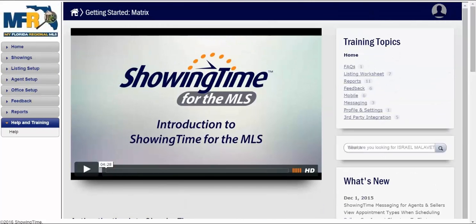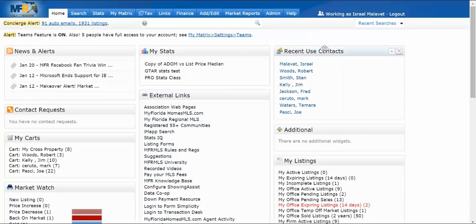Now that I've introduced you to the ShowingTime configuration area, I'm going to close out and head back into the Matrix system. From within the Matrix system, there are a couple different areas that you can receive access to the ShowingTime area. First, of course, would be directly from a listing that you're looking at. So I'm going to hit the drop down